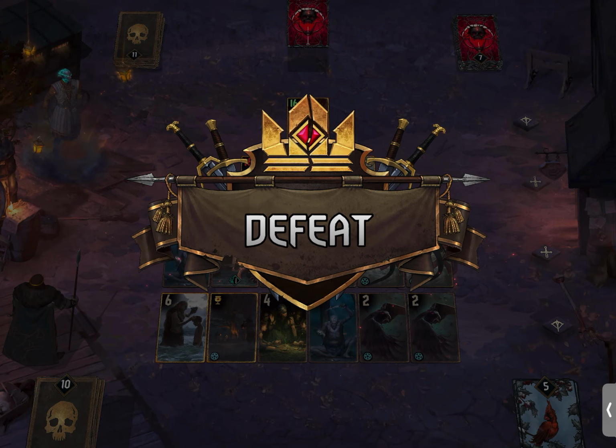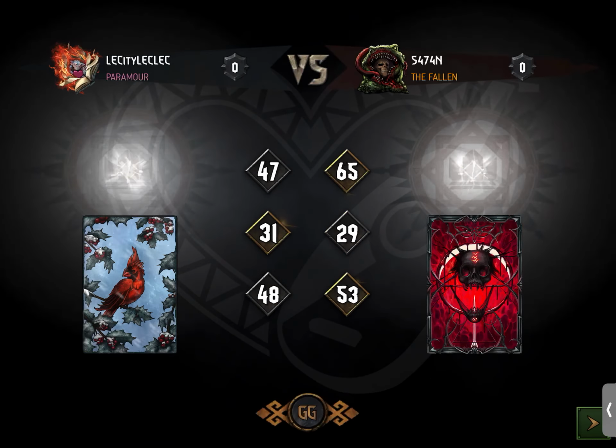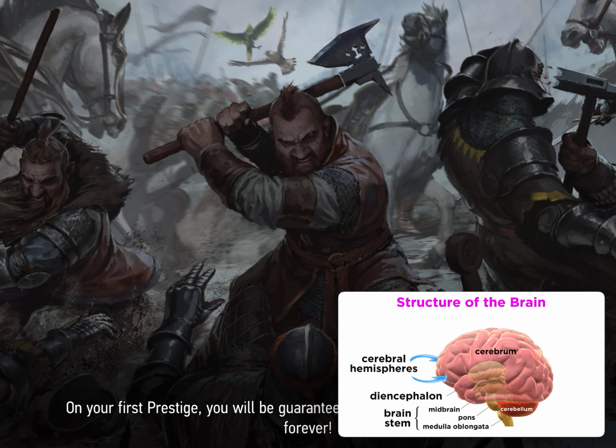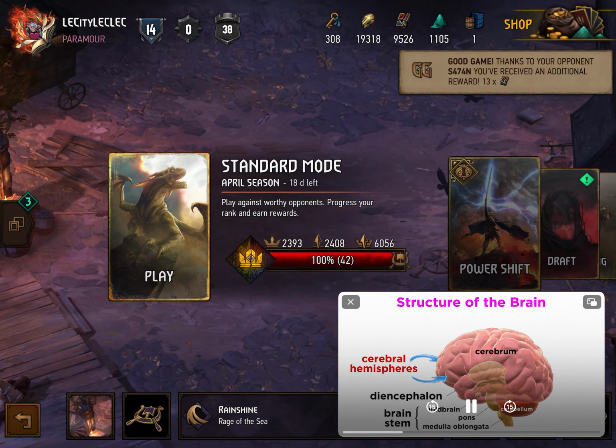This eventually results in the representation of the brain we are all familiar with, which we typically divide into four main regions. Those are the cerebral hemispheres,